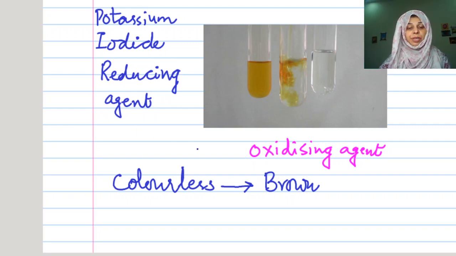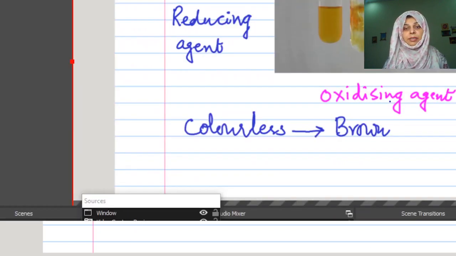It is used to test for the presence of oxidizing agent. So if the color changes from colorless to brown, then in that case we can say that this solution contains the